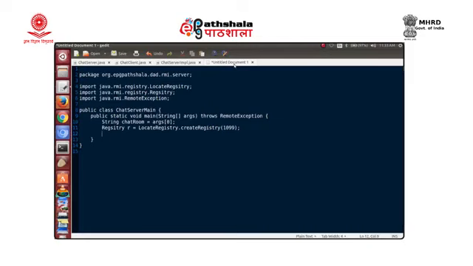Now we also need to create the object of our implementation. So, we have ChatServer server equals, we create the object of ChatServerImpl, and then registry.rebind. Let us use the rebind, and in this we will have the name as chatRoom. What is the chat room? That is a name, the key by which this object is going to be identified, and the object is our server object. So, we bind our server in the registry, and I think that is sufficient for us. On the server side, this is what is to be done here.